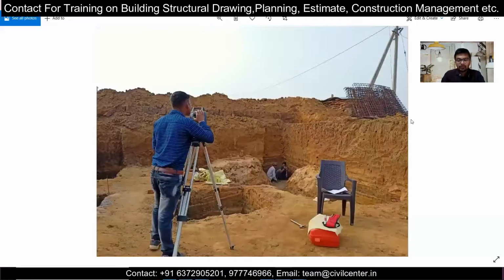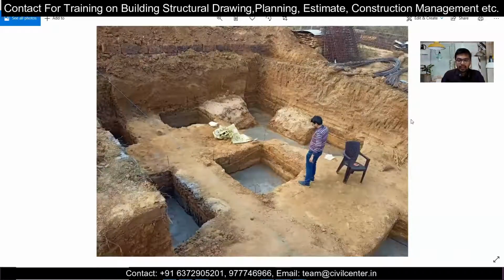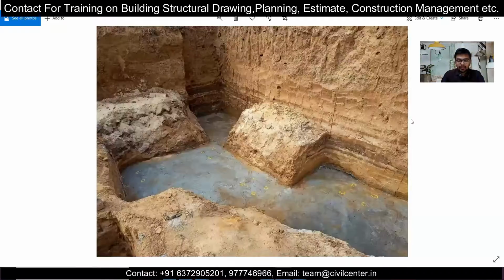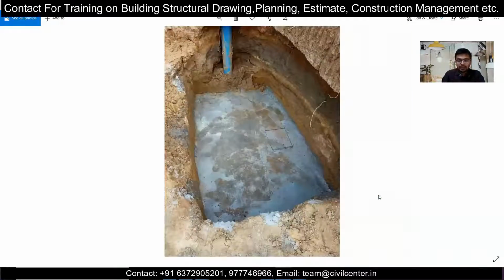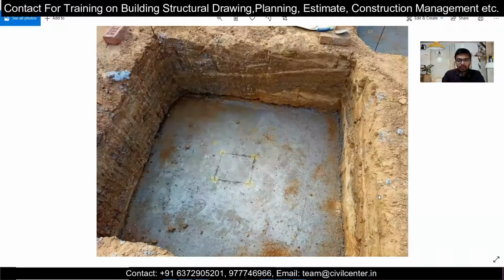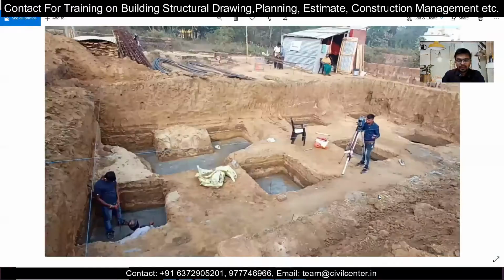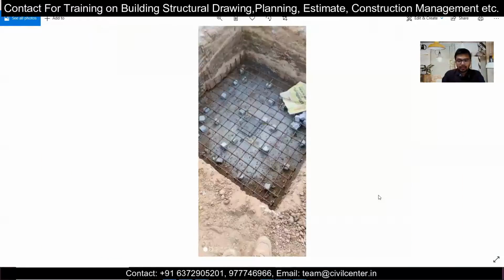And before that, you can go for another round of total station work in which you mark the position of the columns also, and it can be marked in yellow. You can see these yellow spots. These are the positions of the columns. This can be marked before placing the reinforcement of our footings. Here also you can see the positions of the columns are marked. So like this, you can mark the columns properly.